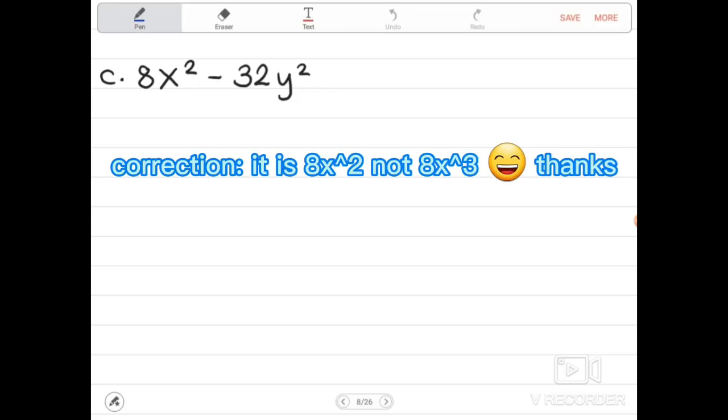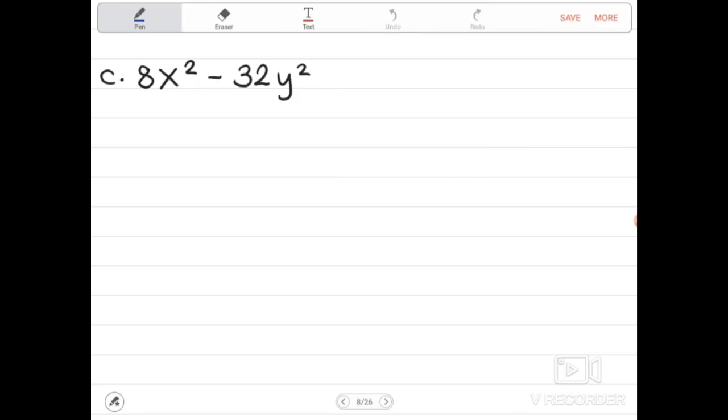8x cubed minus 32y squared. Do they have common? Yes, may common yan. Tignan natin. Ano ba ang common factor ng 8 and 32? So, ang common factor nila is 8. Tama? 8. So, kunin muna natin yung common factor nila, common monomial. So, 8 for the constant. Pero sa variable, walang magkapareho. So, we have x squared minus